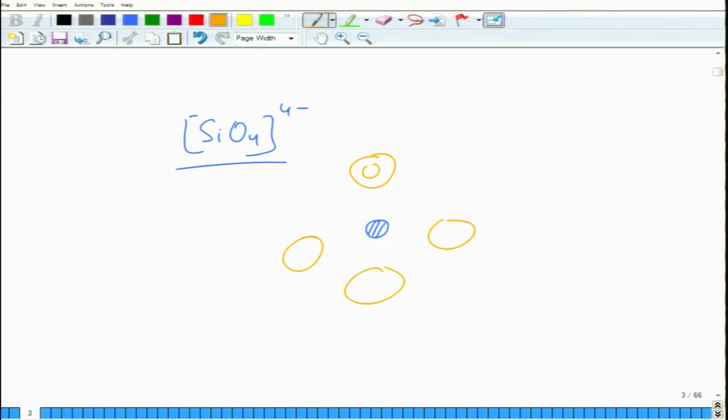If this is oxygen, this is silicon, and then you have the bonds between these, and this basically makes a tetrahedron. If you connect these atoms here,